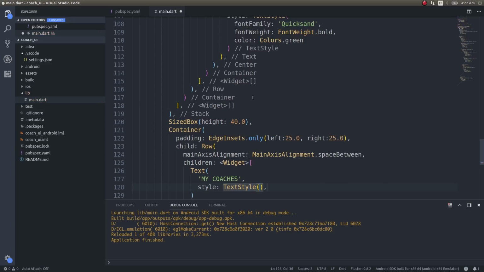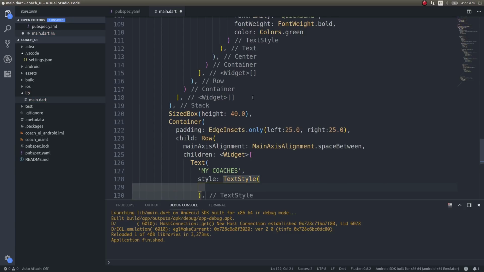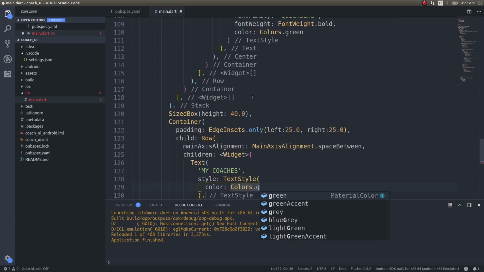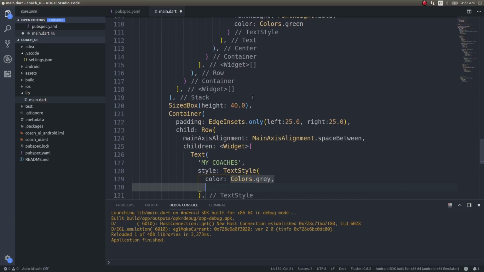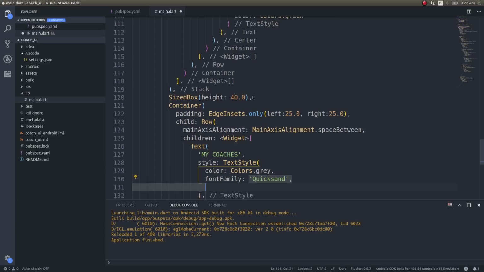Colors.gray, and font family Quicksand, font weight bold, and font size